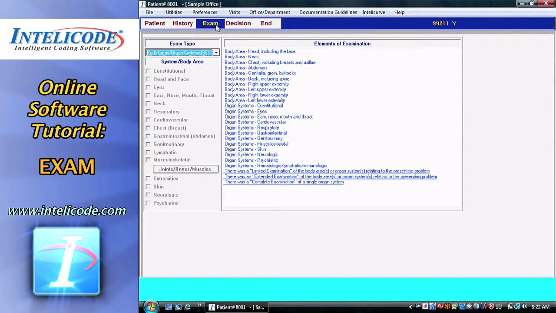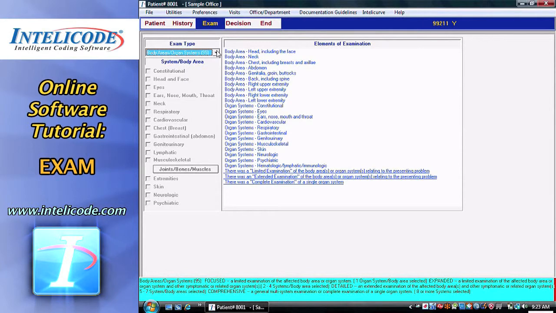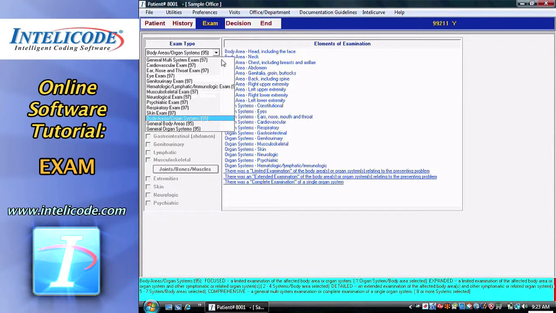We're now ready to audit this patient's exam. When we audit the patient's exam and we open the exam screen, we have the option of all of the different types of exams that are available, whether it's the 95 guidelines or the 97 guidelines under the 1997, whether it's the general multi-system or it's